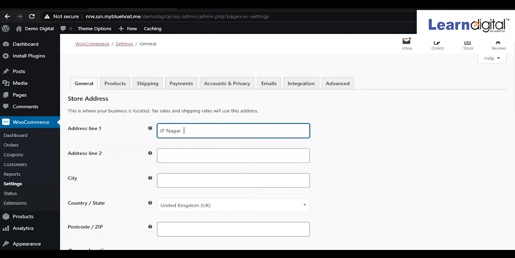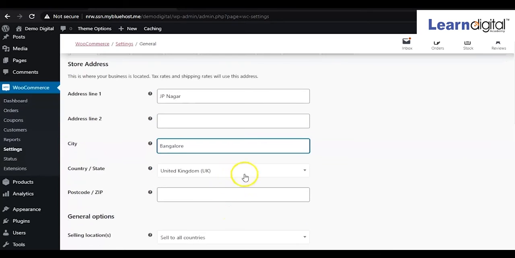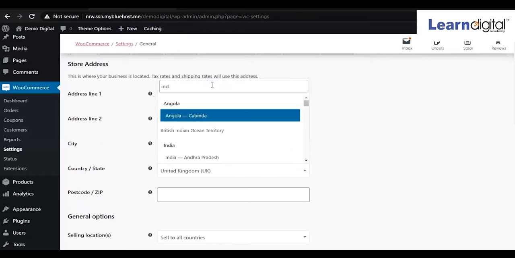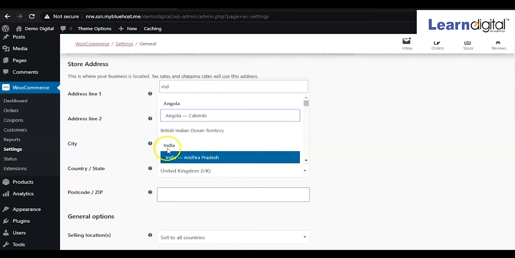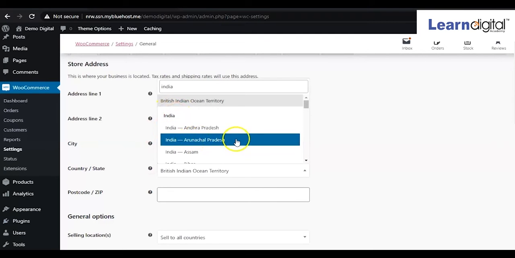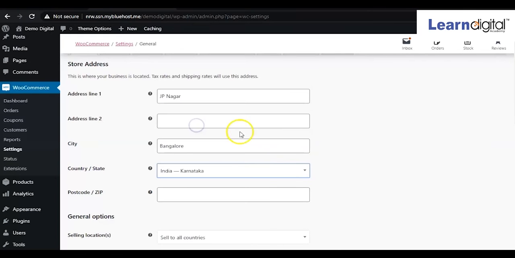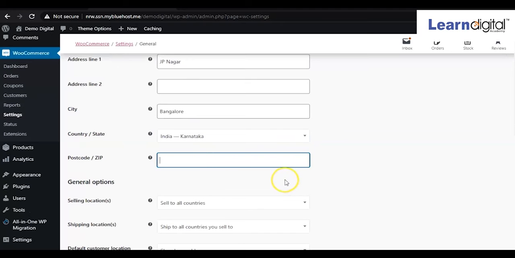Just type JP Nagar. You can type the city, Bangalore, and then select your country. From here we'll search for India. Here is the country with the state name. In which state you are located, just select that one, and you can type your